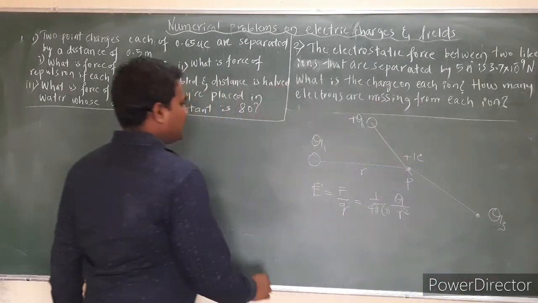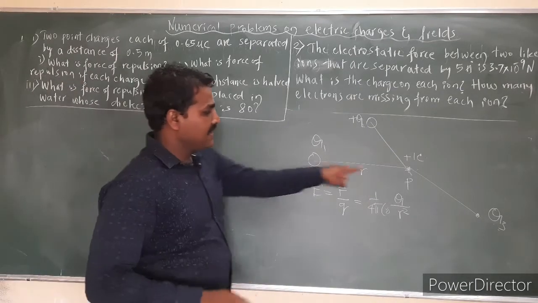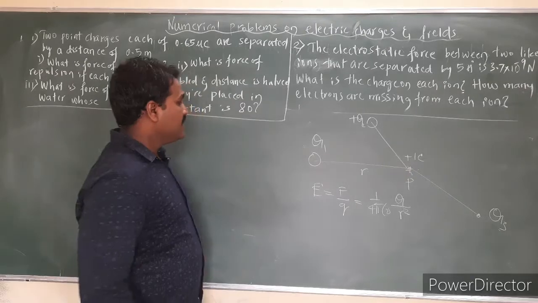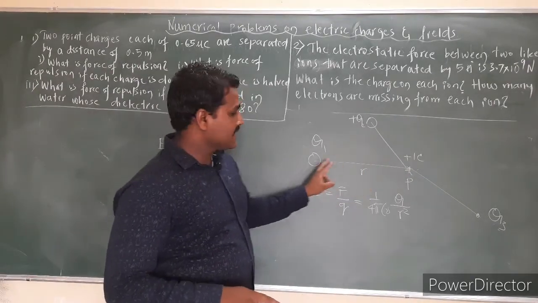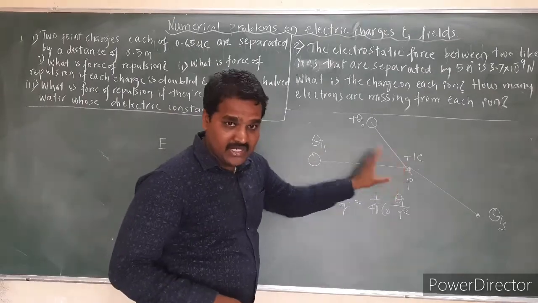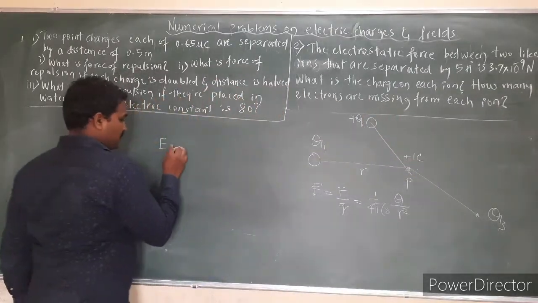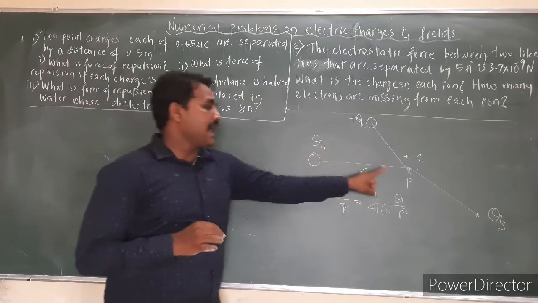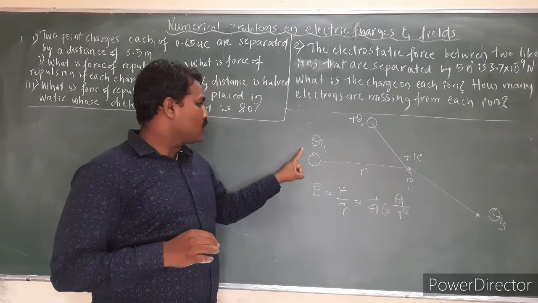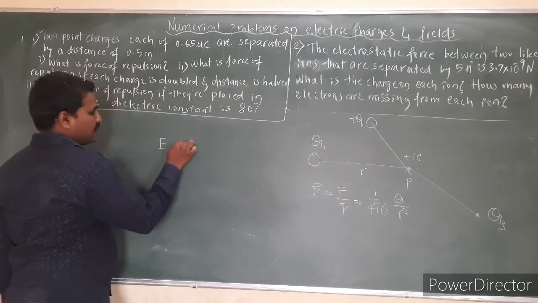So the net electric field intensity at point P is the vector sum of the electric field intensities exerted at this point P due to all individual source charges. In this example, I can write the electric field intensity at point P because of source charges Q1, Q2 and Q3, that is the vector sum of